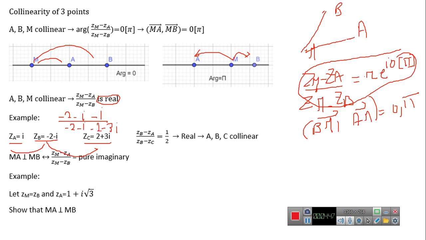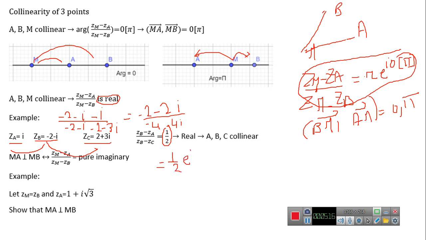You're going to get minus 2 minus 2i over minus 4 minus 4i, so you can put 2 in factor down and you're going to get half. So what does it mean? It means that I have a complex over a complex, and this will give me half